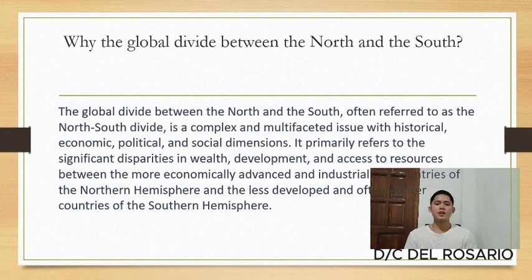So, this statement talks about efforts made to bridge the gap between more developed, often in the northern hemisphere, and less developed, often in the southern hemisphere countries. So, these efforts include providing assistance for development, reducing the debt burden of poorer nations, ensuring fair trade practices, and collaborating globally on important issues like climate change and sustainable development.